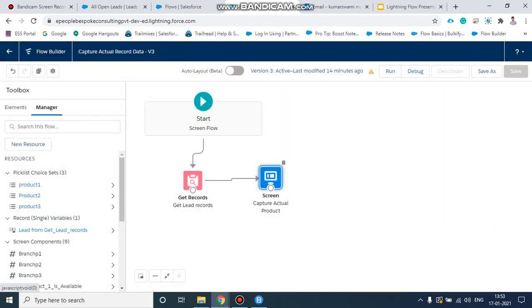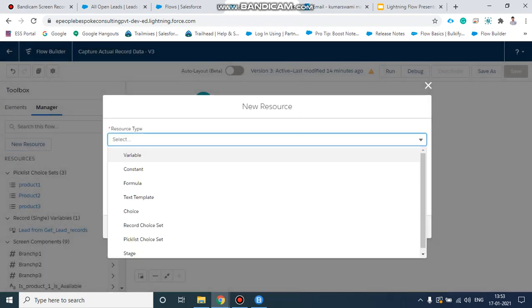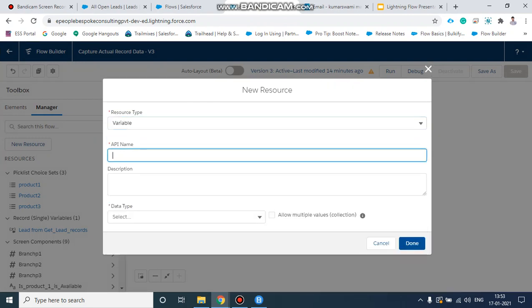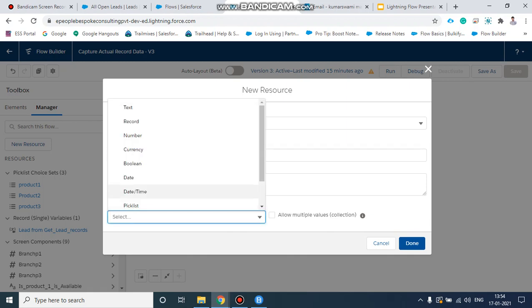Now go to the manager and create a new resource, a variable, individual product one, and the data type should be record.